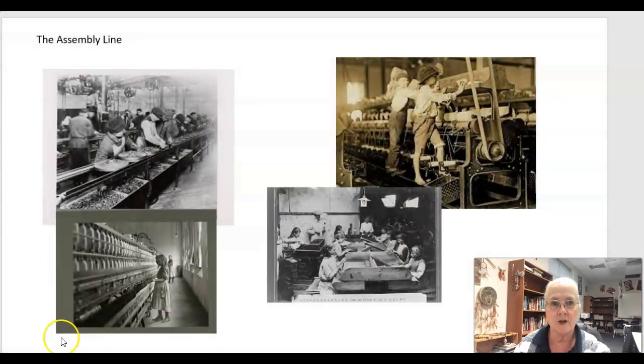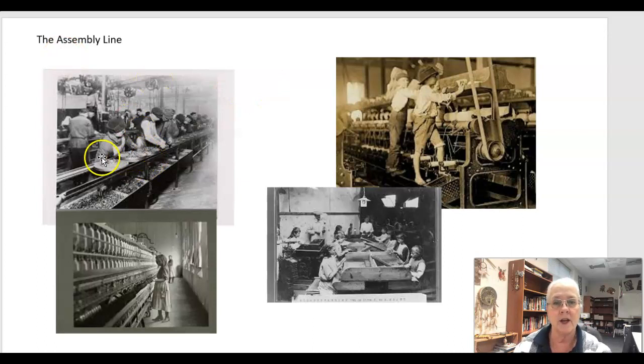One of the good things that is going on during this time period, though, is the advent of all kinds of new kinds of inventions. And people are starting to process things in a more efficient manner. I'm going to share some pictures with you. So, in the country, you have an assembly line system where things can be processed by them moving on a conveyor,